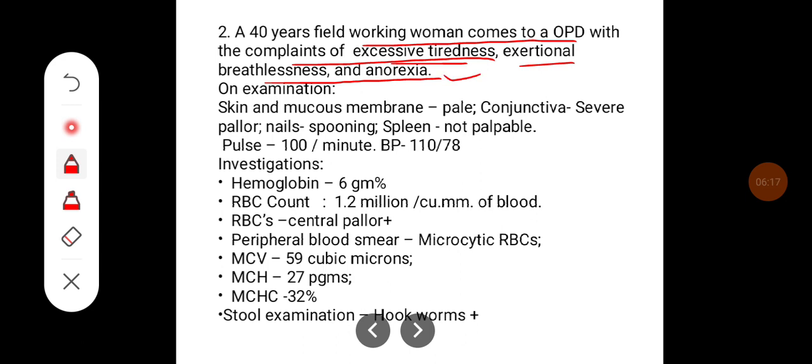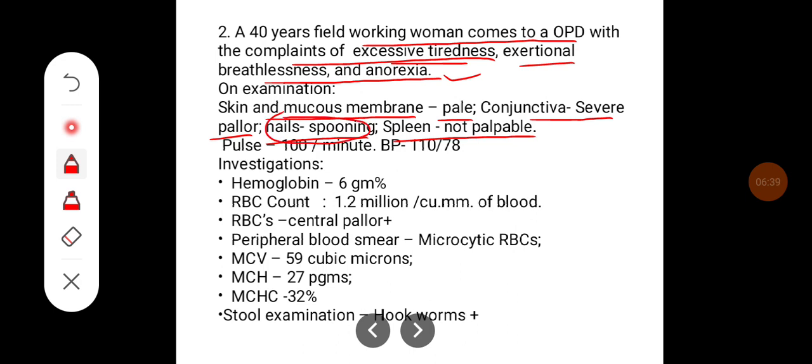On examination, skin and mucous membrane pale, conjunctiva is severe pallor, the nails are spooning, and spleen is not palpable. Okay? And these findings suggest that probably the person is suffering from the iron deficiency anemia, because the spooning